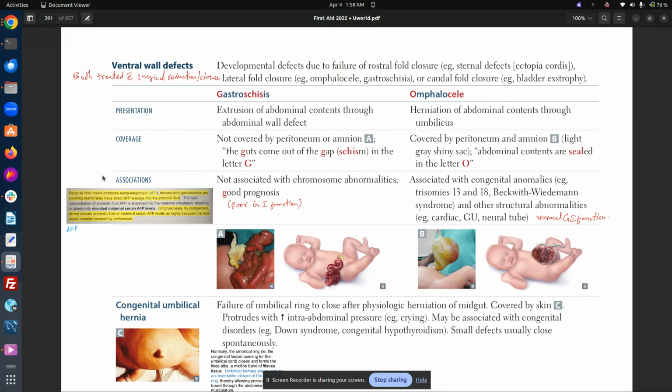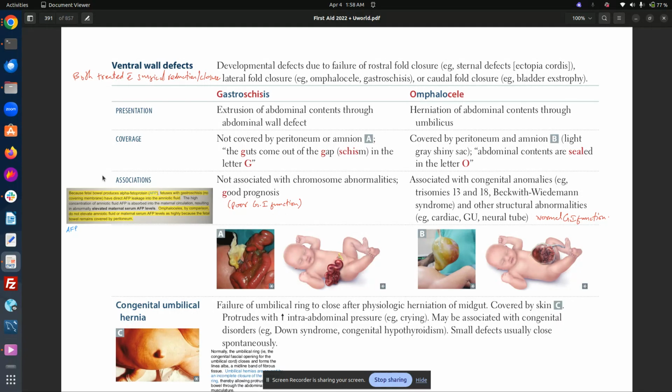This is our first lecture from the GI series, and in this lecture we will talk about ventral body wall defects. This topic is very important for the med school exams and also for the preparation of USMLE because they ask a lot of questions from this particular topic. And a lot of students get confused because of the similarities between different topics. So I'm here to make it easy for you.